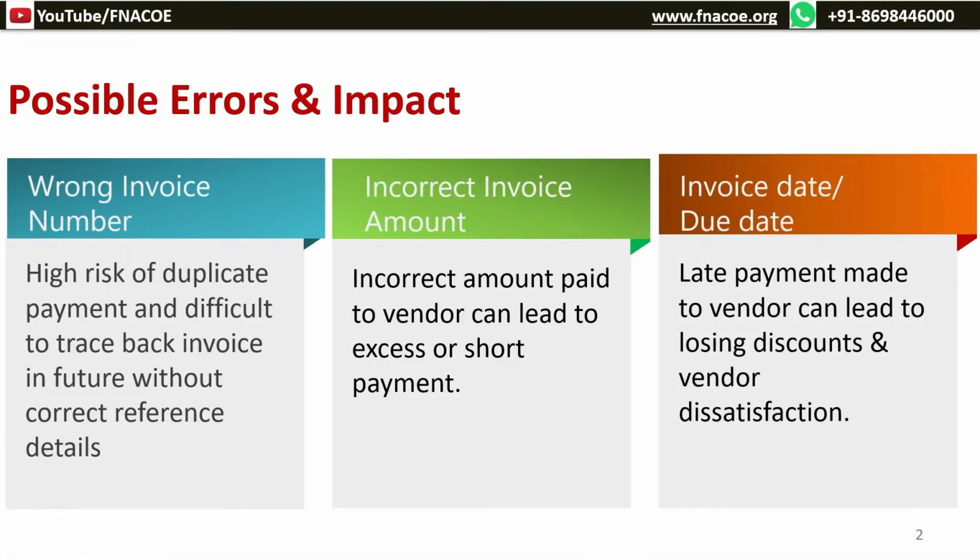Invoice date or due date. An error in invoice date or due date may lead to delay of payment, having a cascading impact on losing payment discounts and service disruption. The best example is delay in electricity bill payment, which may lead to late payment fees and, in worst cases, suspension of the electricity supply. Another example could be losing a discount on invoices that the vendor would have offered if paid before time.